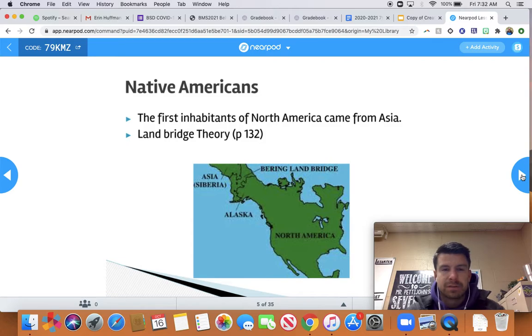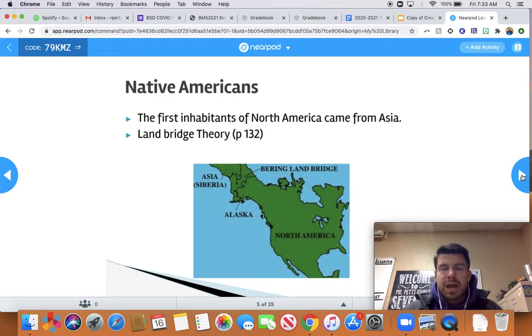So let's talk about the land, Native Americans. So how did people get to North America? You know, people came about in Africa, and they slowly spread throughout Asia and into Europe. And how did they get to North America? Did they sail here? Did they fly here? Did they swim here? Well, the most popular theory is that a couple thousand years ago, there was a giant